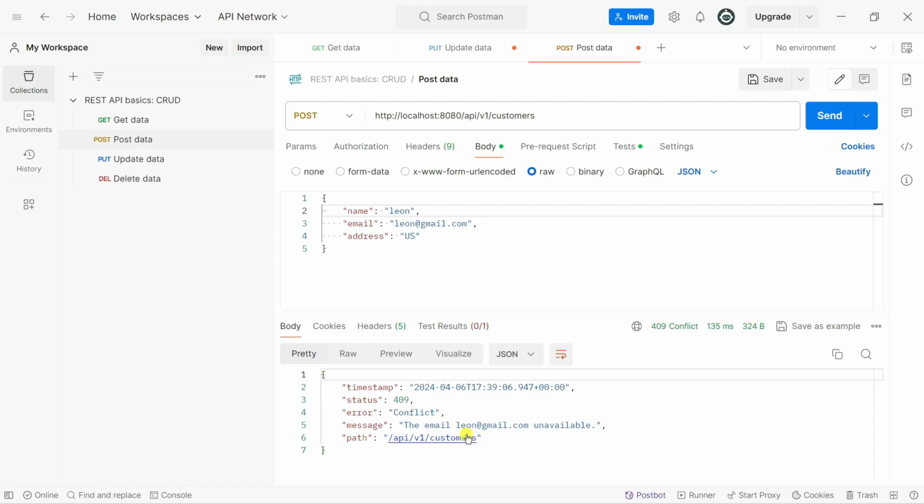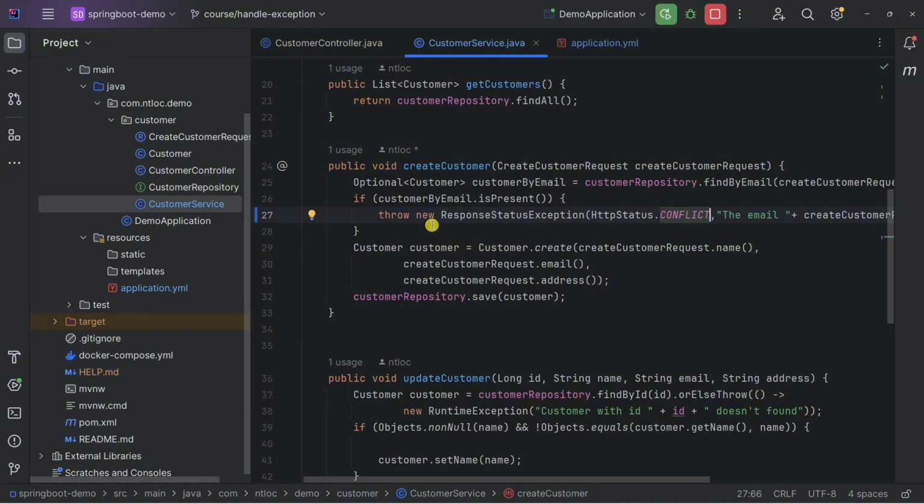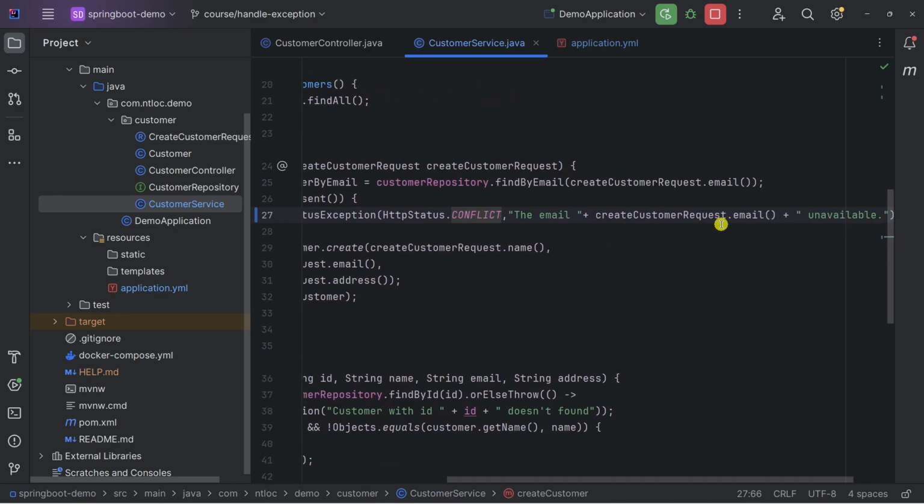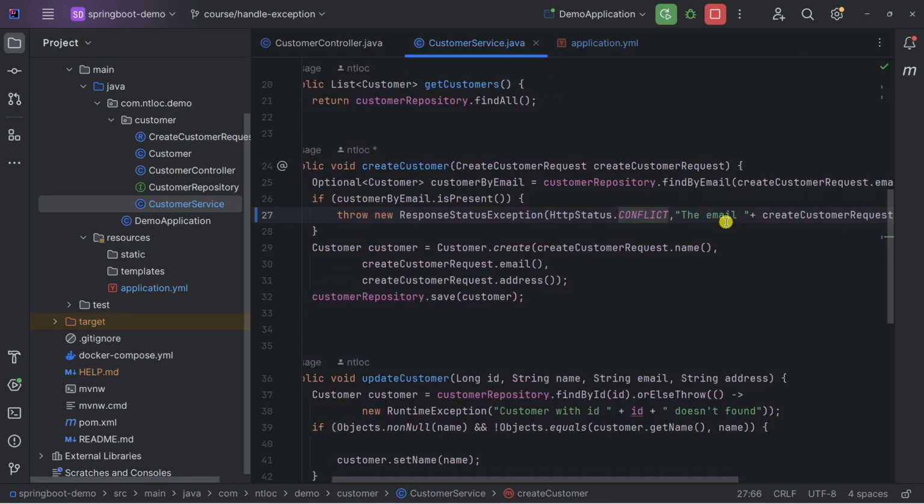So now our exception can display the message and also the status code in the response object back to the client. But there is one point I want to mention to you. Here you can see that we throw the ResponseStatusException, and the name is a very generic class name. We only know the root cause of this exception via the HTTP status and the message as well. In my opinion, we should use a better name to indicate the case of our business exception.